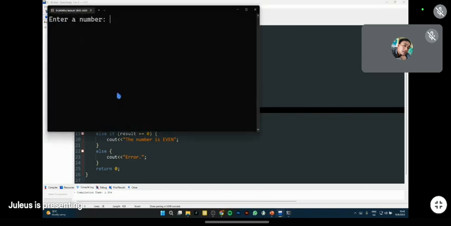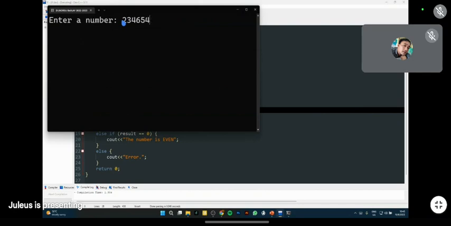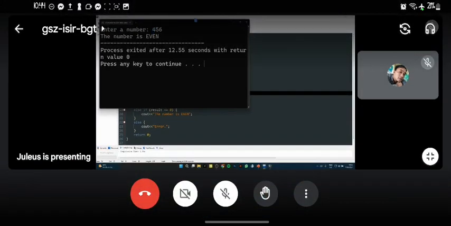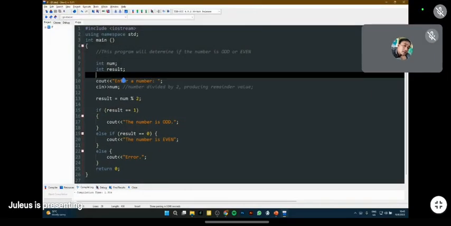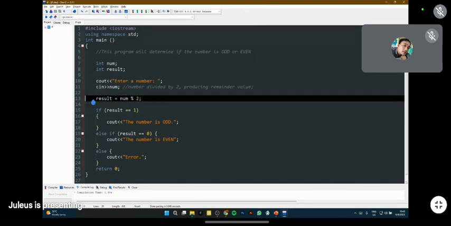Let's say 456. All right. It now says even. So it's really important that we make use of the input function first before we proceed with the computation.